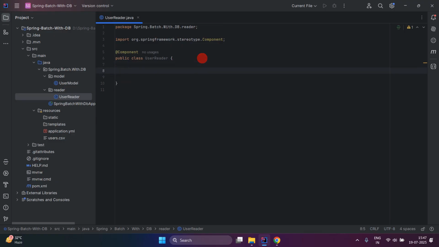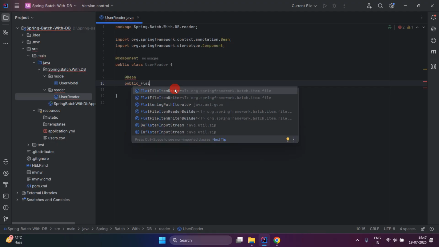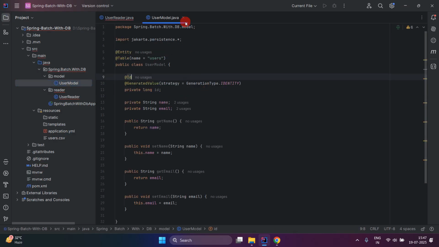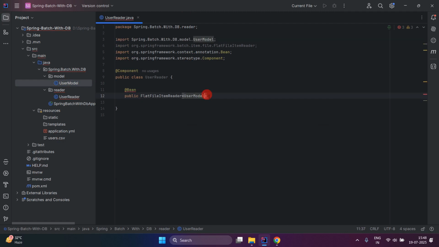Okay, we will create one bean, so annotate with @Bean here, and then write public, and this bean will be of type FlatFileItemReader, and here we will pass our model. Okay, this model. So write UserModel,